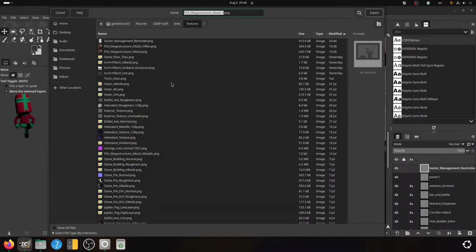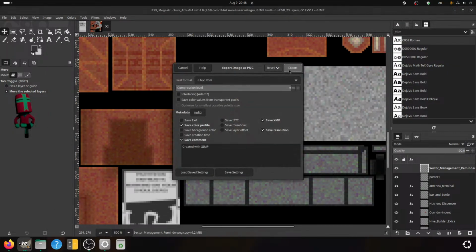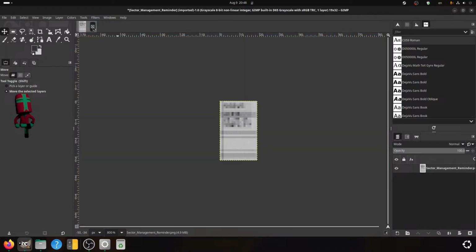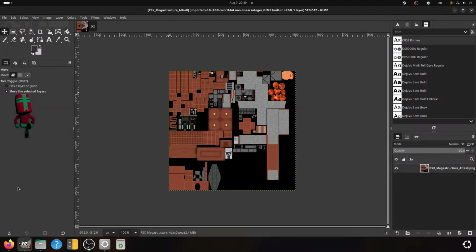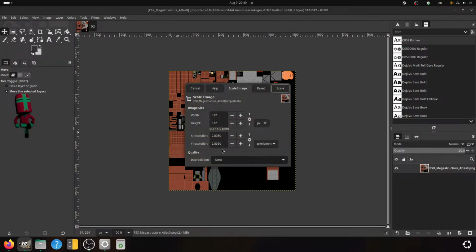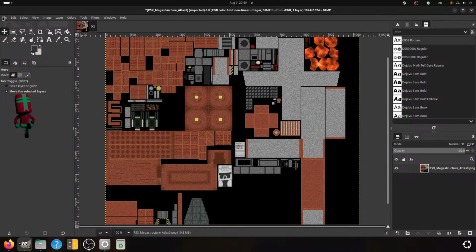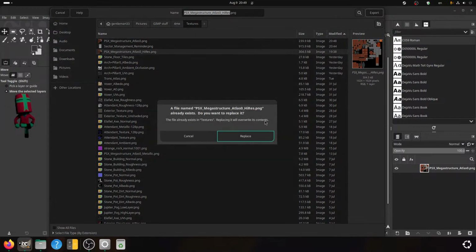Export Atlas 0. Close you, drop the Atlas 0 here, scale, no interpolation, 1024, and export to the high resolution one.